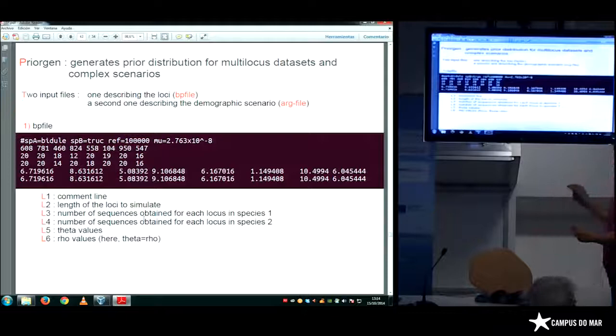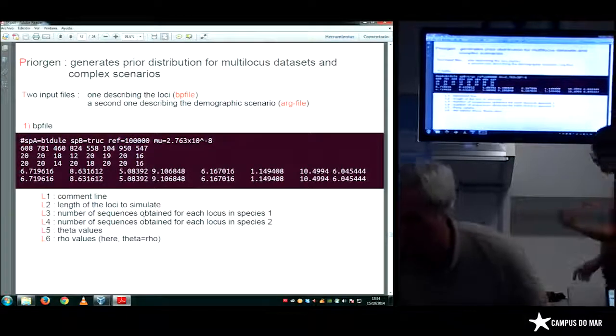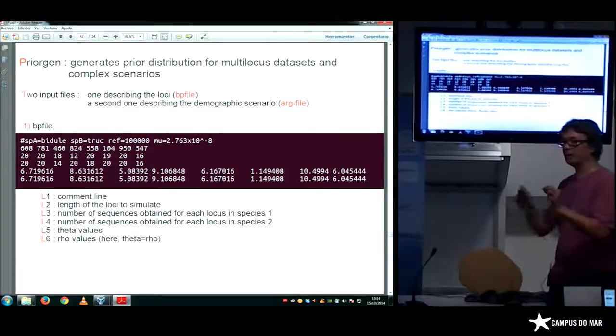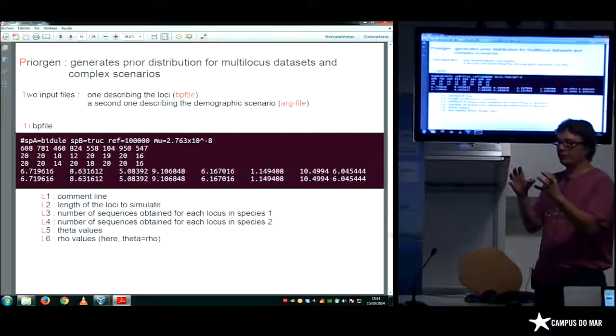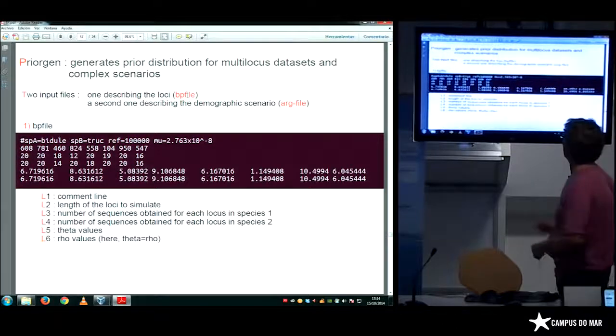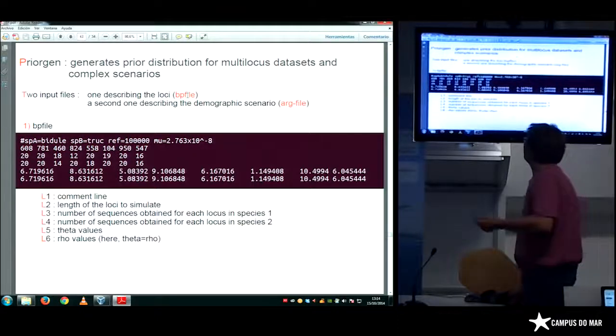So PriorGen has 2 argument files. One file is the BP file. It describes the characteristics of your data set. So here you have one example. It's the data set we should use if we have time, but I think we are too late.